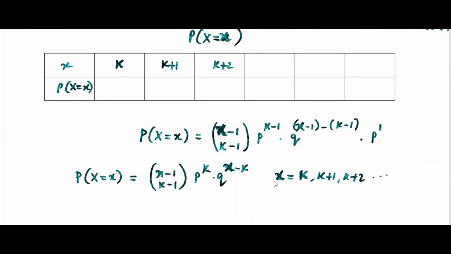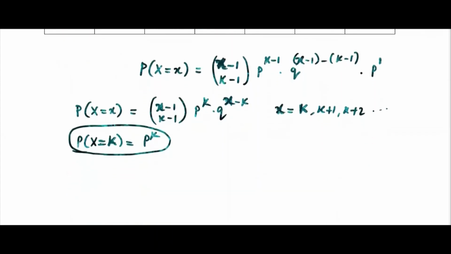If you put x equal to k, minimum you have to put k, you will get this probability. If you put x equal to k here, (k minus 1 choose k minus 1) will be 1. You put x equal to k here, q power 0, you will get p power k. And logically also you will be able to answer this. We don't need to find all this. It's not difficult as well. If you want, you can write everything. See, logically p power k means, what is the probability that you get k successes in k trials?